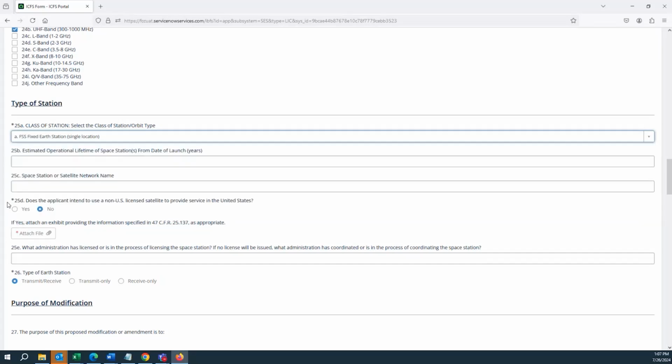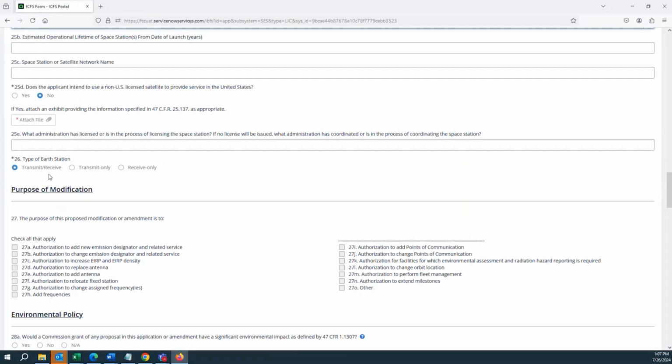optional. Right, and let me also show you field 26.